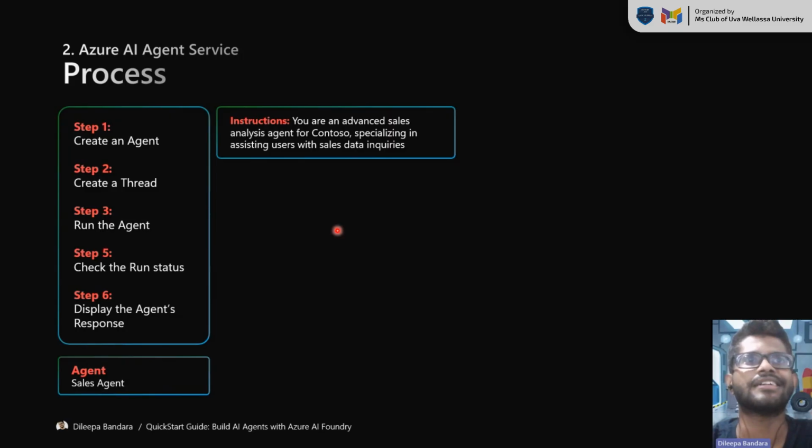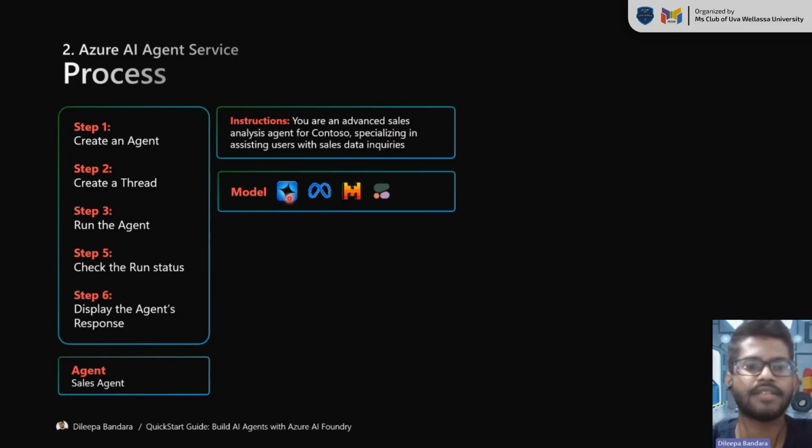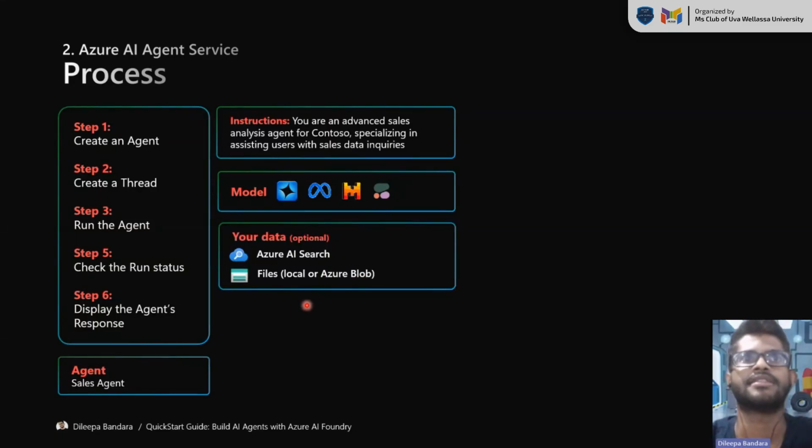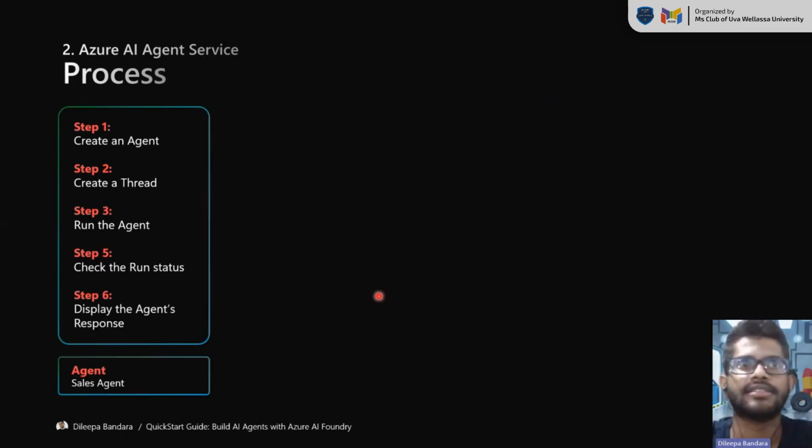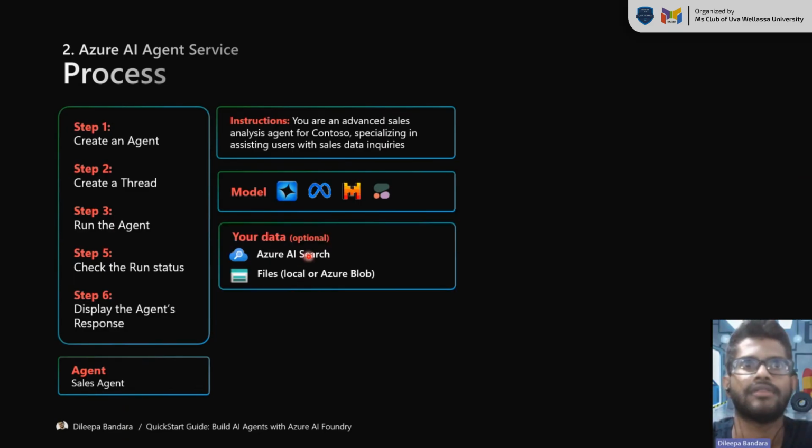So how about next? Next is the model. You can select either an OpenAI model, maybe a Llama model, maybe a Mistral model, or maybe a Cohere model, right? I will show you all of these things. Next one is the knowledge source. I already mentioned this. This is your data, right? You can include all this data before you ask a question, right? If you have a document, let's say a PDF or maybe a markdown file,